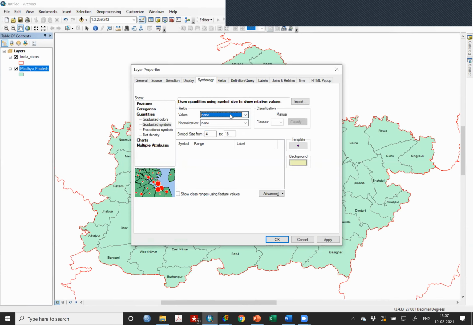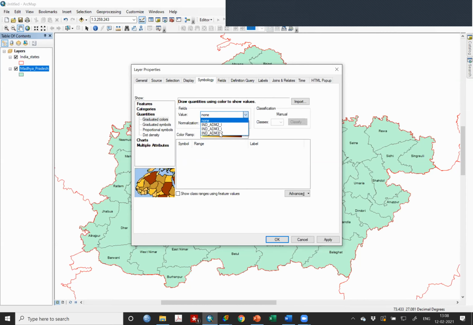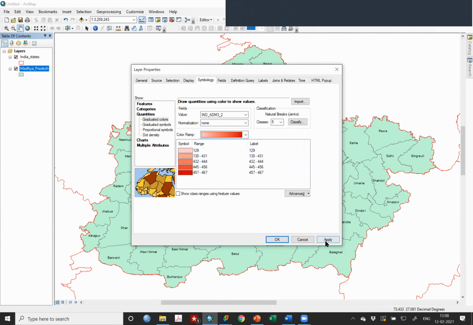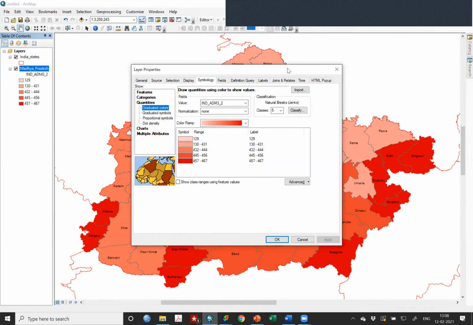I don't have any joined file, but assuming I take the value of admin 2, graduated colors, mapping this one, and I say apply. Look at how the map comes.